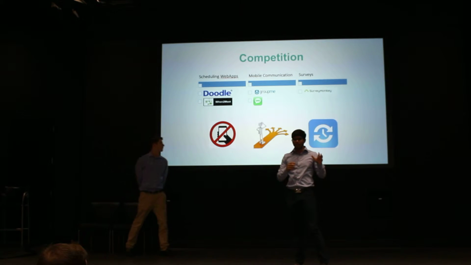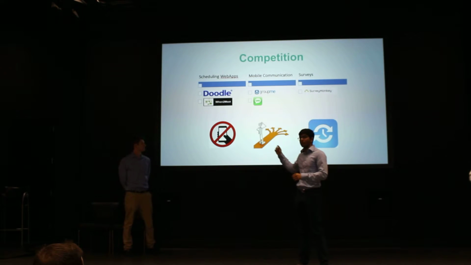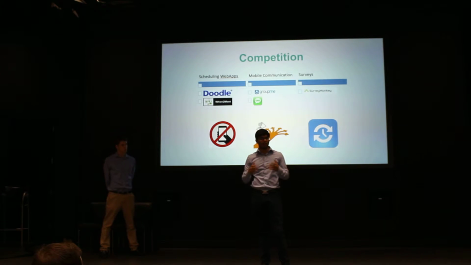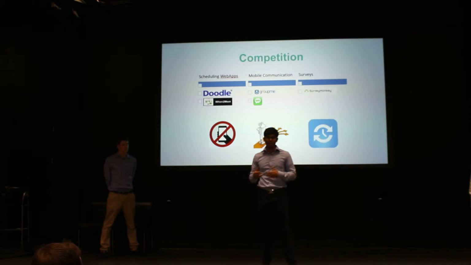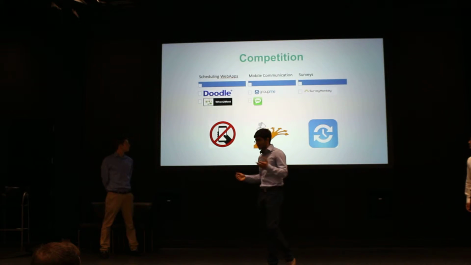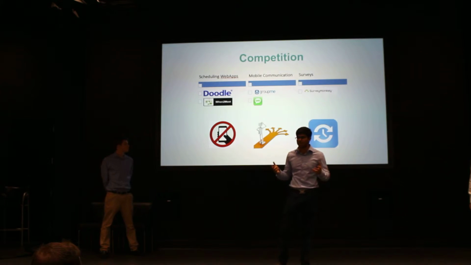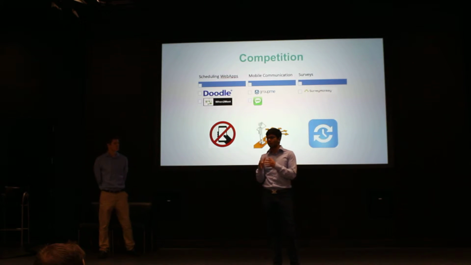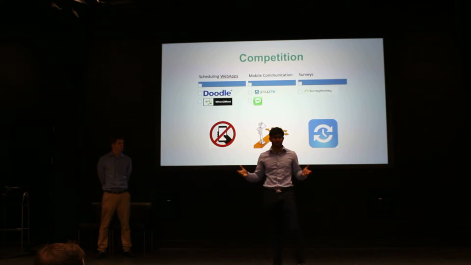So we can essentially categorize them into 3 groups. So we have When to Meet and Doodle, which are scheduling web apps. The problem here is that they don't provide a mobile interface or mobile platform to make these decisions quickly and on the fly. The problem with SMS, GroupMe, these group messaging software is that you have so many inputs that it's hard to reach one objective consensus quickly.